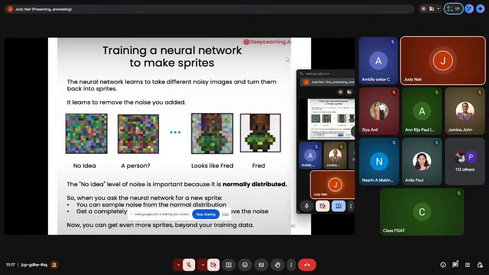So why do we use Gaussian noise? As I told you, you can also use uniform distribution and so on, but Gaussian distribution has been used from the beginning, because that is for generating new images from scratch. Also, we are using this Gaussian noise only because it is very stable, and we know it is used for several applications because of its properties.